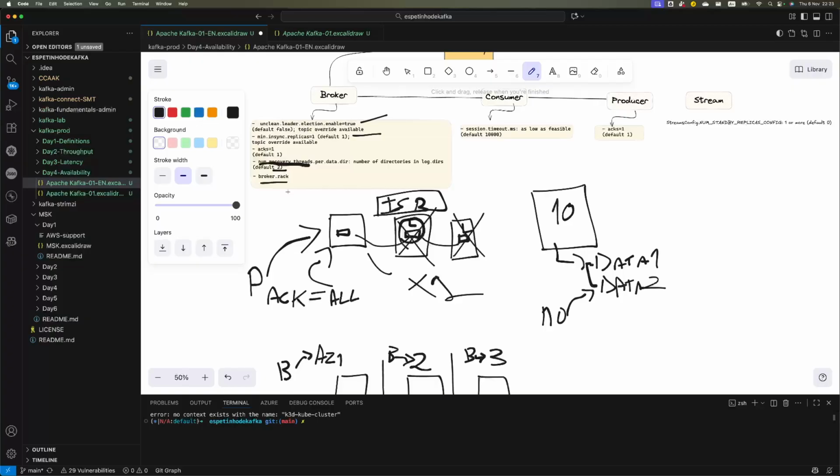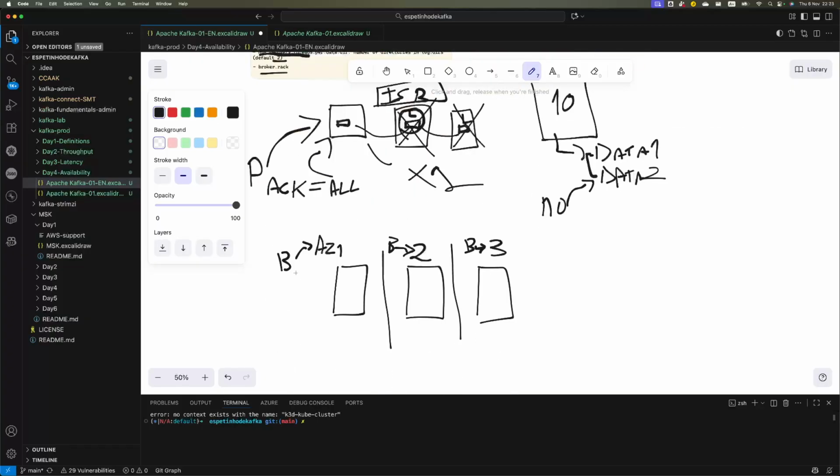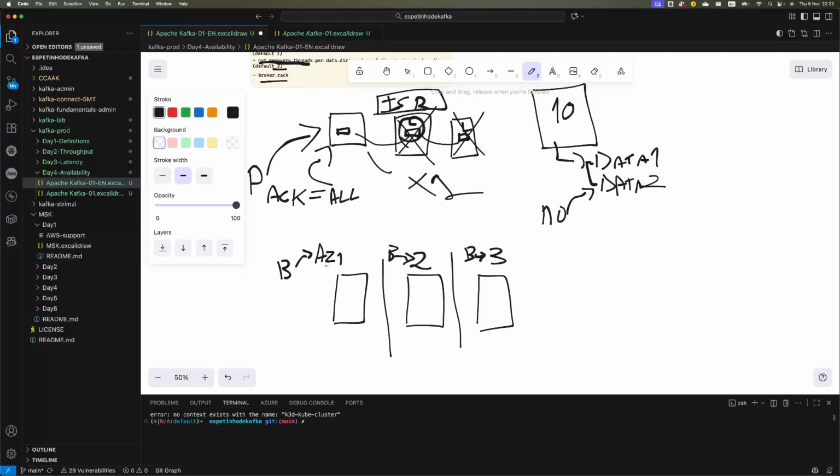Not a replica, sorry. You put this configuration in the server properties: broker.rack equals az1, az2, az3. So now Kafka knows we have 3 different racks, and if you have one topic here with 3 partitions,